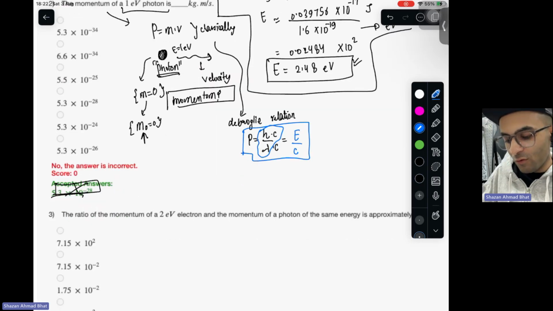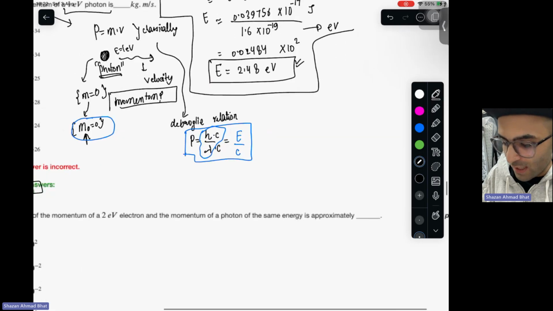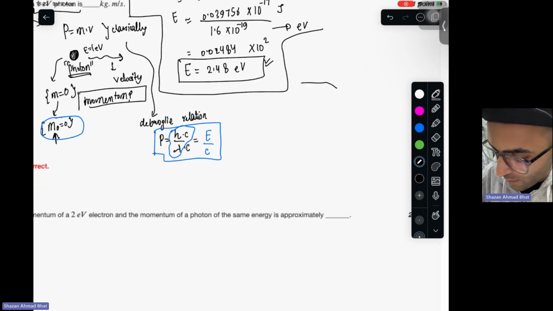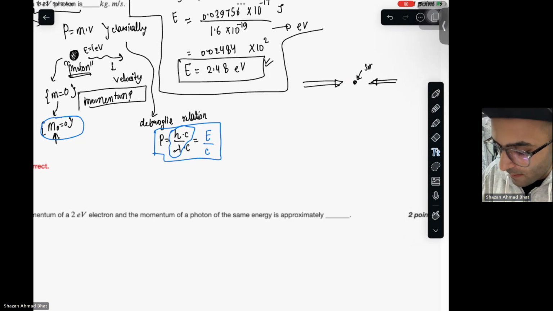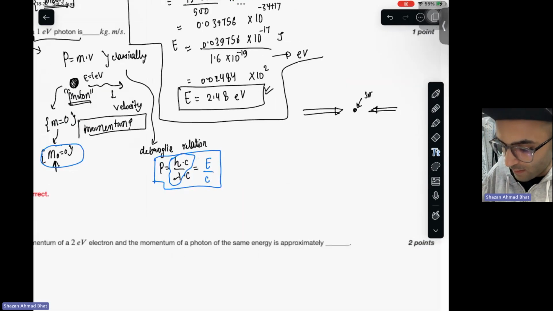Now it is very bizarre to see that despite there being no rest mass for a photon, it can still possess momentum. Now the question is how. Again, in order to understand this, there is a much deeper explanation. But you know that if you have a laser source coming from this side, and a laser coming from this side, and some very small, quantum-sized particle,